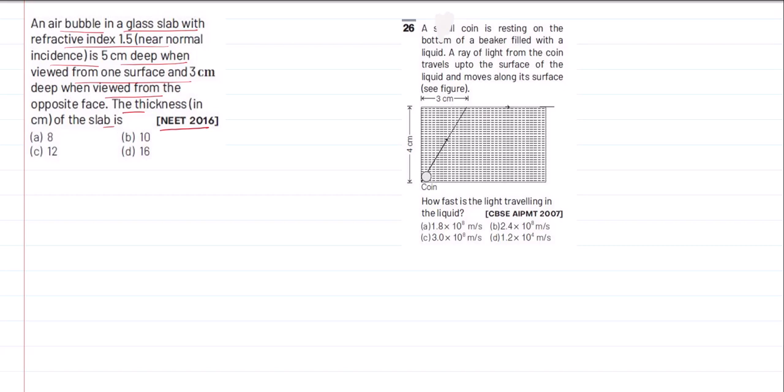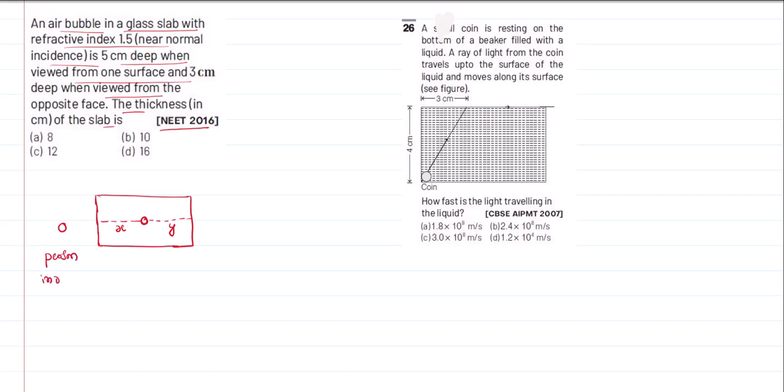So if you try to draw what he is saying, there is a glass slab. In the glass slab somewhere there is an air bubble. This air bubble is at some distance x from one surface, and from the other surface at another distance y originally. But when viewed from outside, you are here. So the person